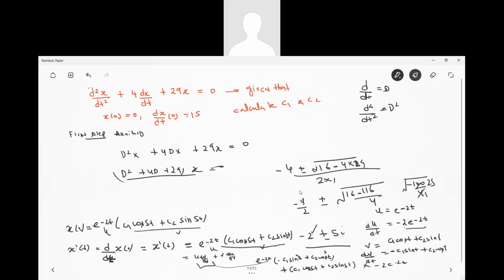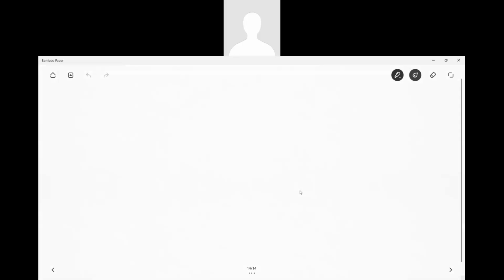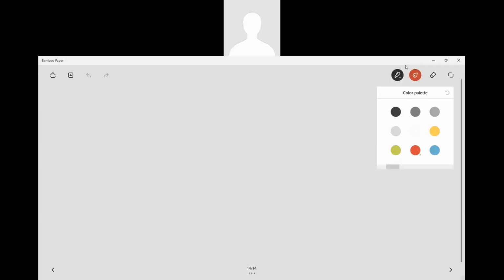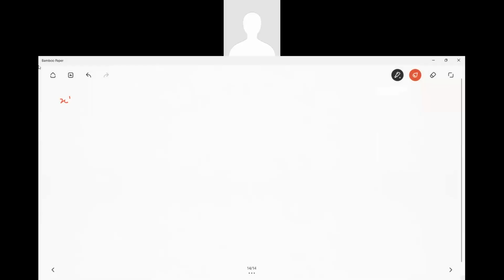I'll write in the next page. So x dash of t now becomes e to the power minus 2t, times minus 5 c1 sine 5t plus 5 c2 cos 5t, minus 2 e to the power minus 2t